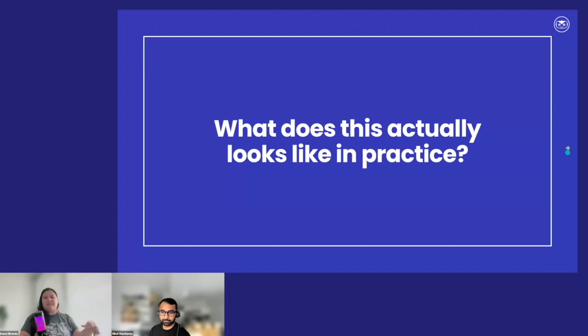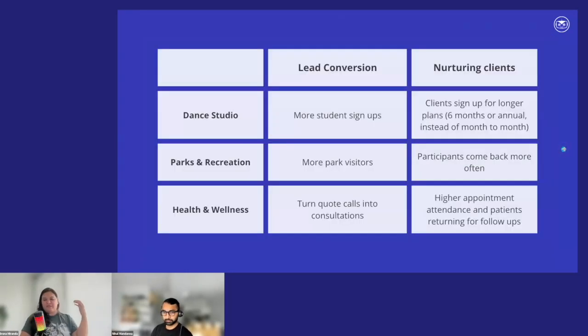So let's see what it looks like when we talk about getting those conversions, getting those nurturings. Concepts, what it looks like for actual businesses. Is this something you had in mind, how lead conversion is the more immediate one? Let's get them to click, and that's it. And then nurturing is like those bigger sequences, those more intricate scenarios, which are not that intricate themselves. Like being a lifecycle marketer, you know that this is pretty much using your customer journey, putting them in place.